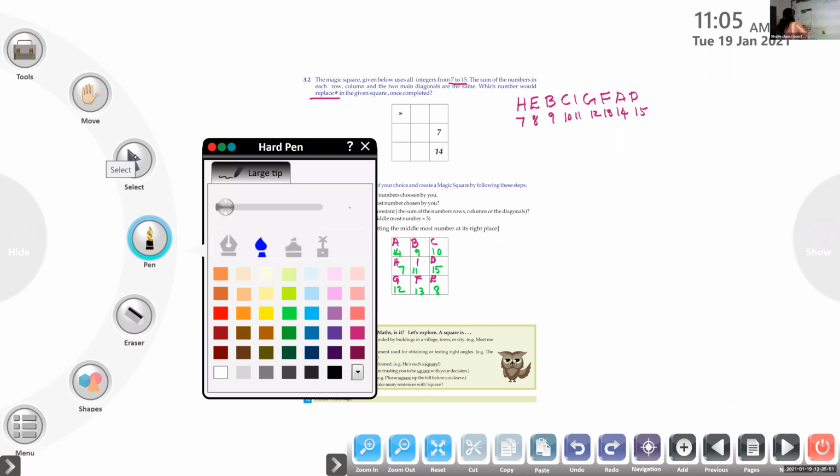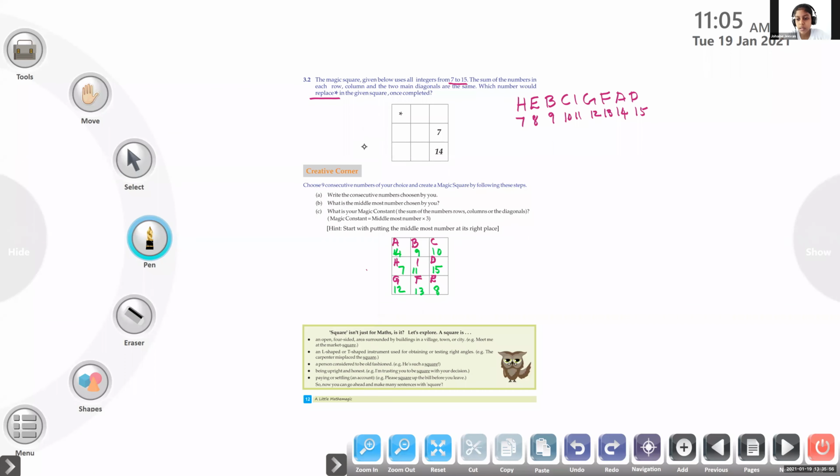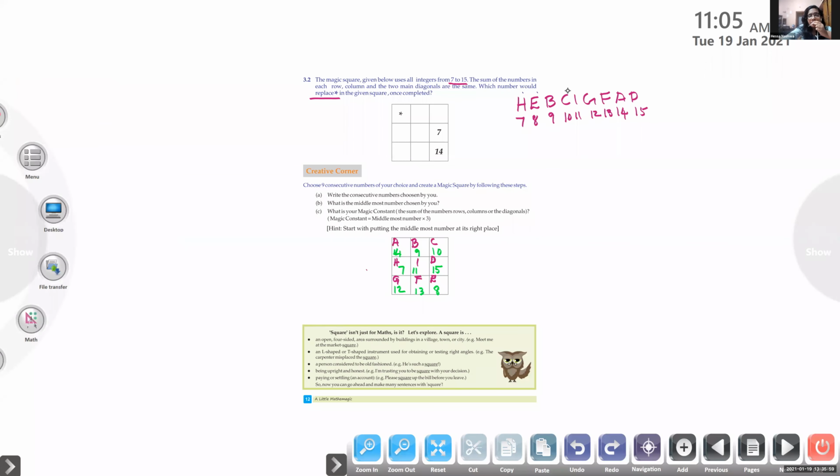So that is how you are preparing the magic square. Ma'am, how did we understand that we have to write the numbers in order? How can we understand that we have to get the sum 33? We have to get the sum 33. 11 into 3. Check 11. Middle number into 3. Central number into 3. How come it became 3? Because it is a 3 into 3 grid. Okay. Central number into 3.